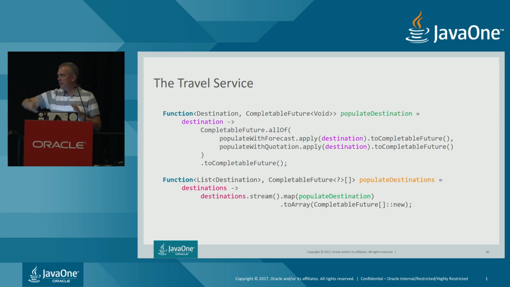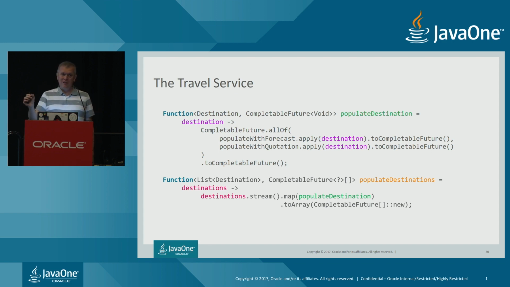All right? So in this stream here, I have one CompletableFuture per destination, each CompletableFuture corresponding to as many CompletableFutures as I have properties I need to set. Okay? So that may be a lot, really. If I have 50 destinations and 3 properties to set, that will be 150 CompletableFutures in the end. And I'm going to put all these CompletableFutures in an array.